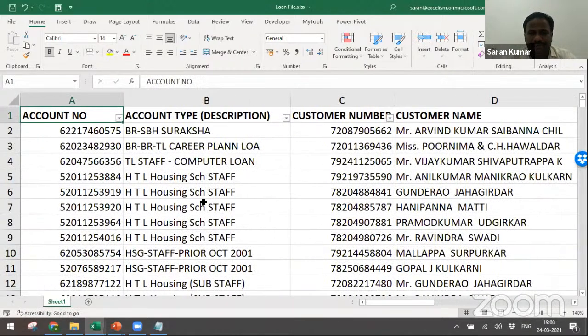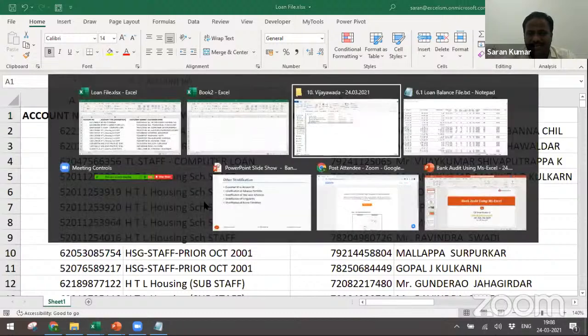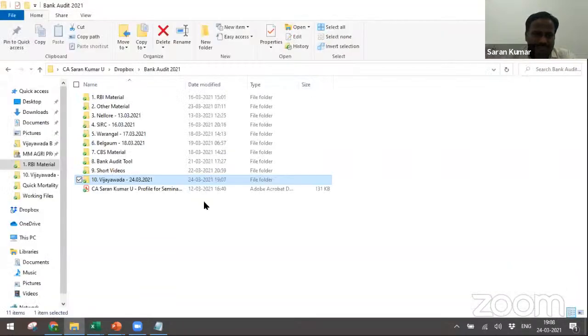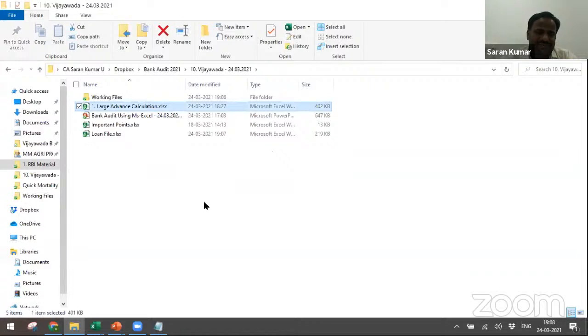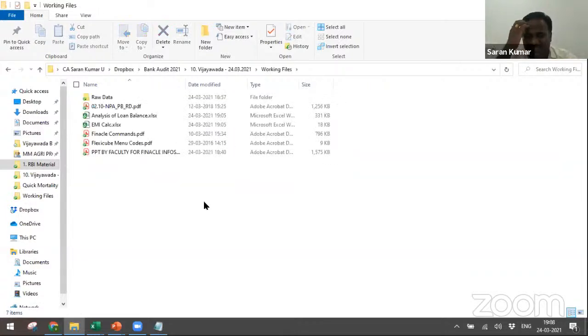So friends, here is one point I would like to tell you. This basic question you will get once you go to the branch. The branch manager tells a story that Sharon, the entire process is automated. I think one person asked me this question also about the NPA related verification. One question is there, right? Whether the classification has been done in the system, automated or not. That you need to comment.